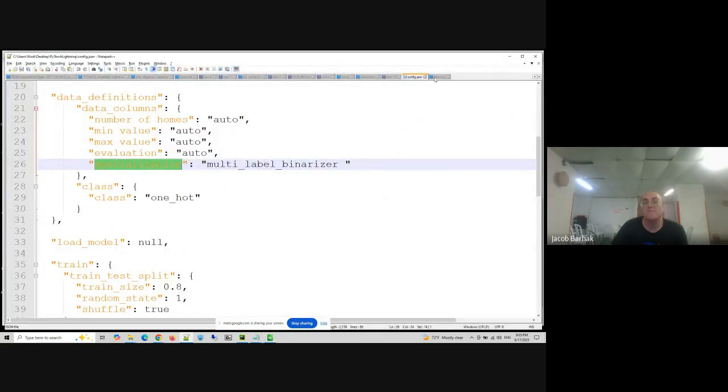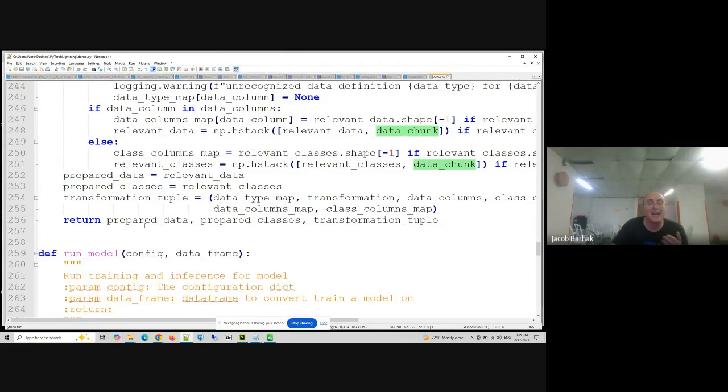So, where was I? Yeah. Eventually, I gave you all the data. The output of this is the prepared data. The prepared data basically is now the transformed data as vectors. You gave it the data set, a pandas data frame. The output will be the prepared data. The prepared classes is different, it separates the class from the training data. It comes in a different vector, because when you feed it backwards later onto the machine, you will have to give it separately. This is because you have to give it the data and then the answer. The classes basically are the output during training, because this is what you're supposed to learn.